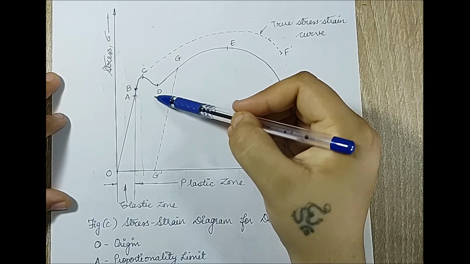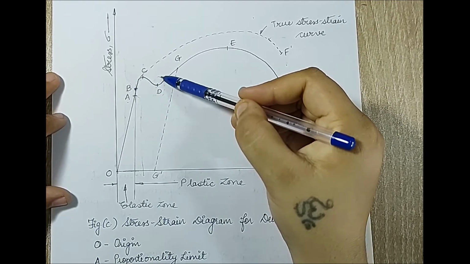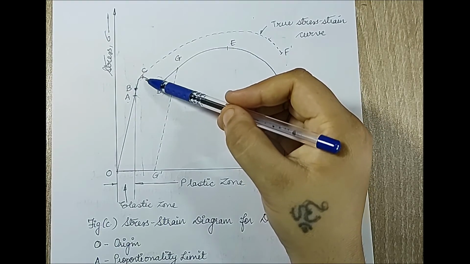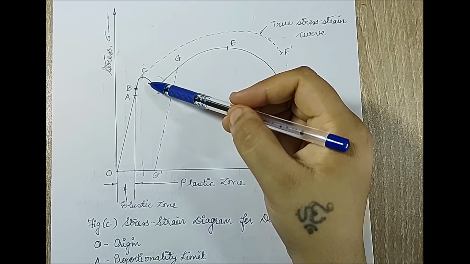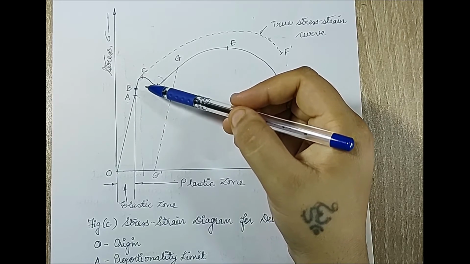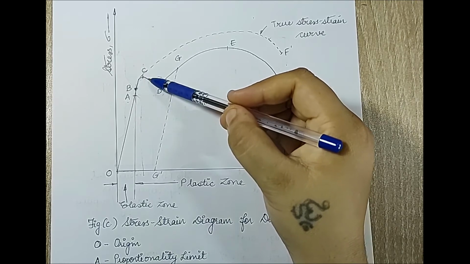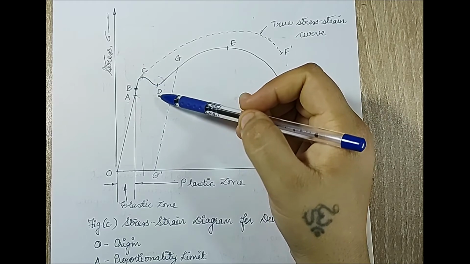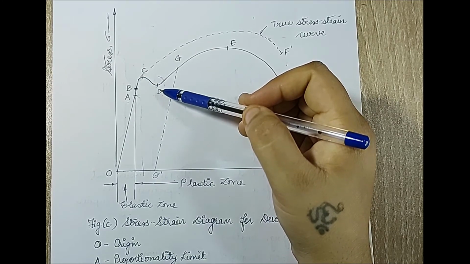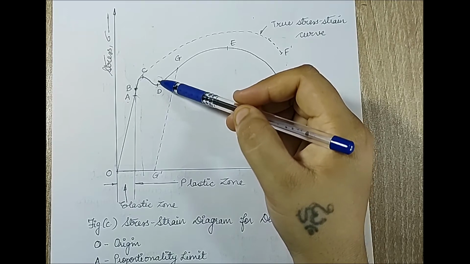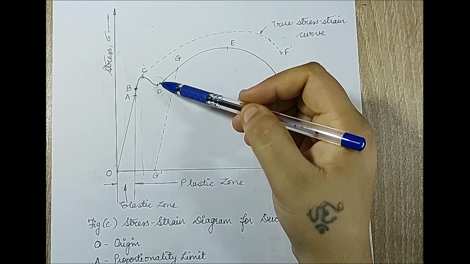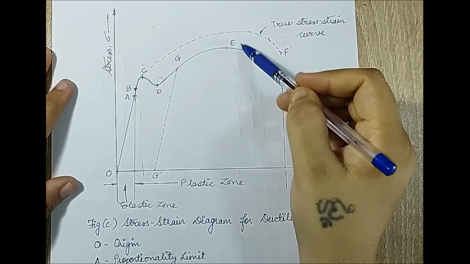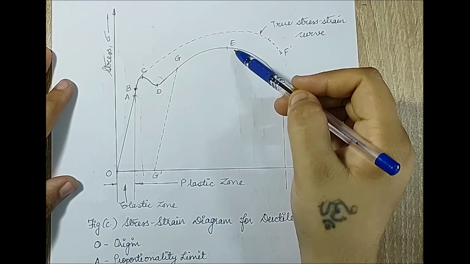though there is no increase of load. Here the material starts rearranging itself, because when you apply load, the material starts straining, which means the particles go away from each other. But in nature, no material wants to get strained. So after this point D, for some time the material uses the energy which you give in the form of strain to the body, which is called strain energy, and here the material starts rearranging itself such that it is now able to resist the load and shows an ultimate stress value which it can take as a load on it.